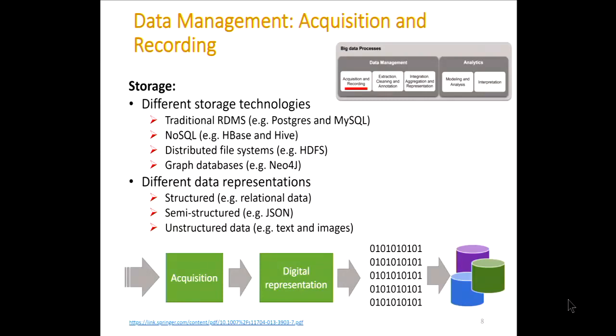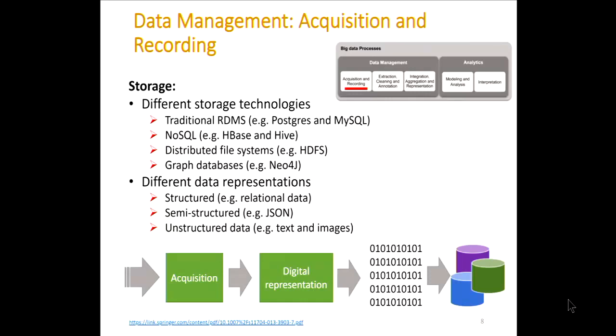So whether it is the artifact itself, the photos, or the metadata, after acquiring that, you need to think, okay, this huge amount of data, how can I store it? You need to store it somewhere so that you are able to clean it, analyze it, and then draw some insight from it. So there are different